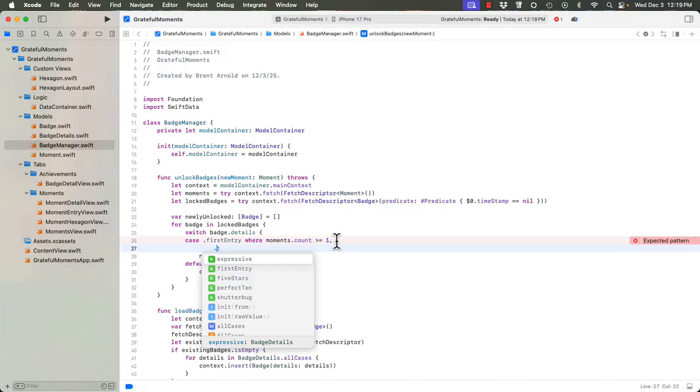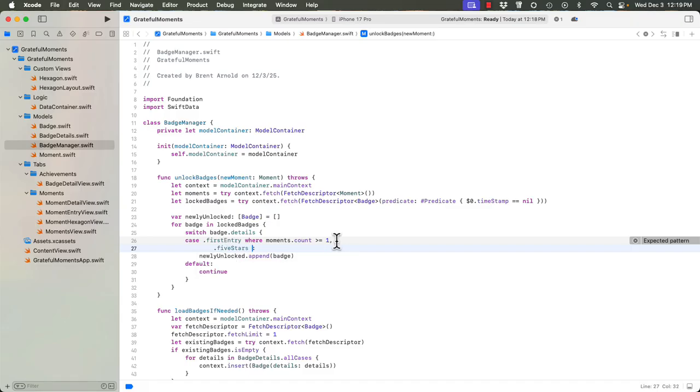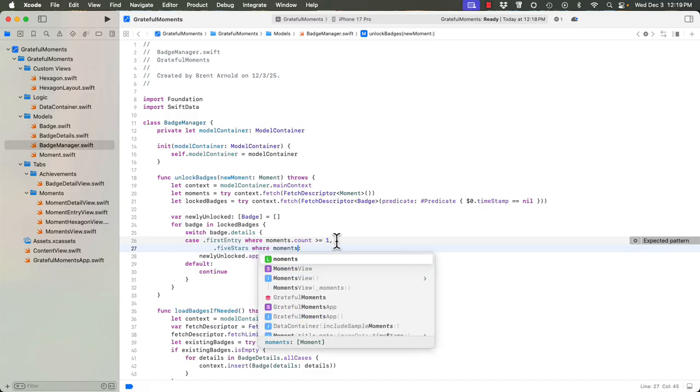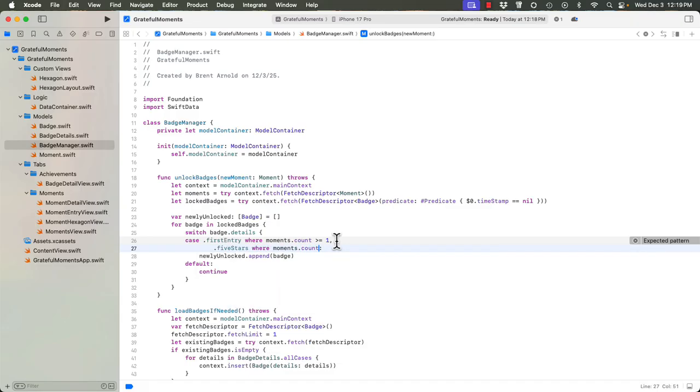So we can say .fiveStars where moments.count is greater than or equal to 5. So it's going to fall through. What's happening is it checks the first case, and if that works, it's going to add a badge. And then it's going to check the next one, and if that is more than 5, then you've also earned